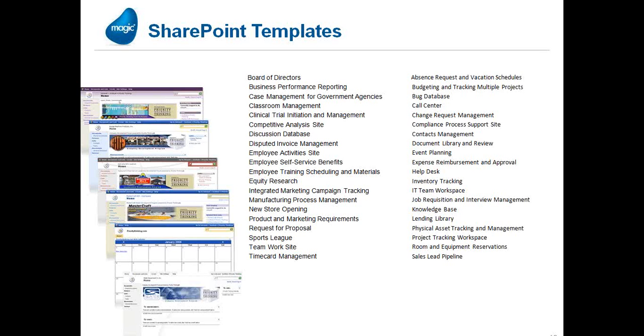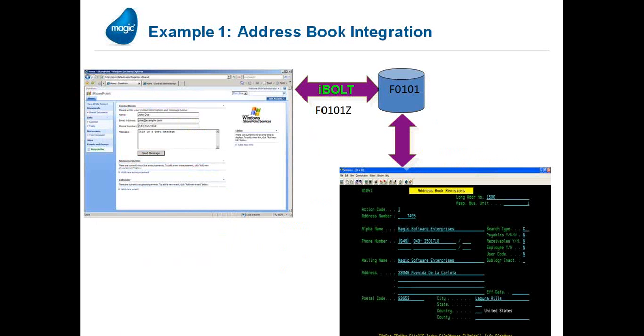There are dozens of these that are available on Microsoft's website, but also through third parties and shared SharePoint templates. You have a lot of capability out there. You can also just develop your own in SharePoint Designer, and that's fine. You create an application. And then the question becomes, okay, now how do I interface it? How am I going to get data into that SharePoint list that's accurate, updated, and synchronized with those back-end systems?